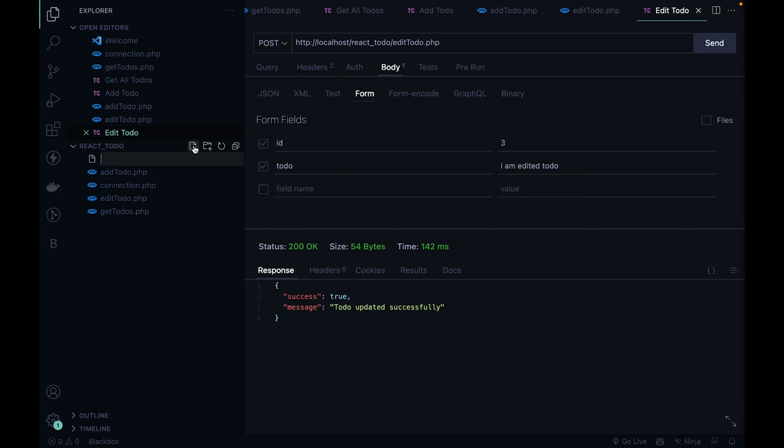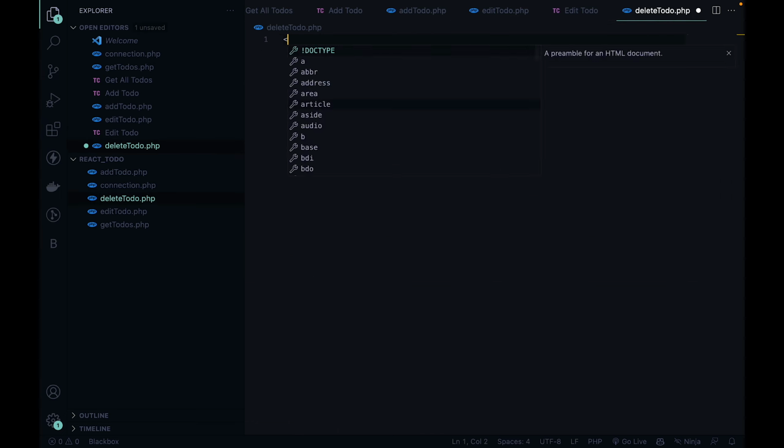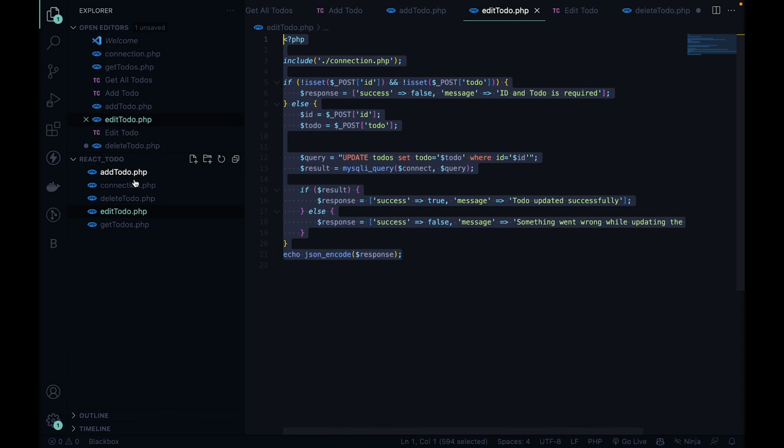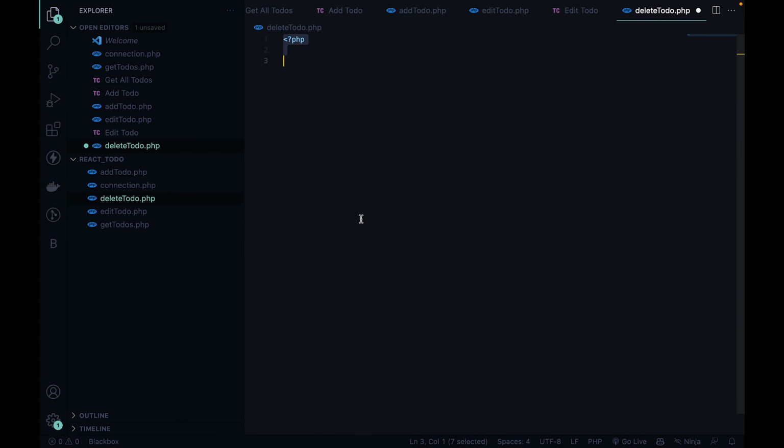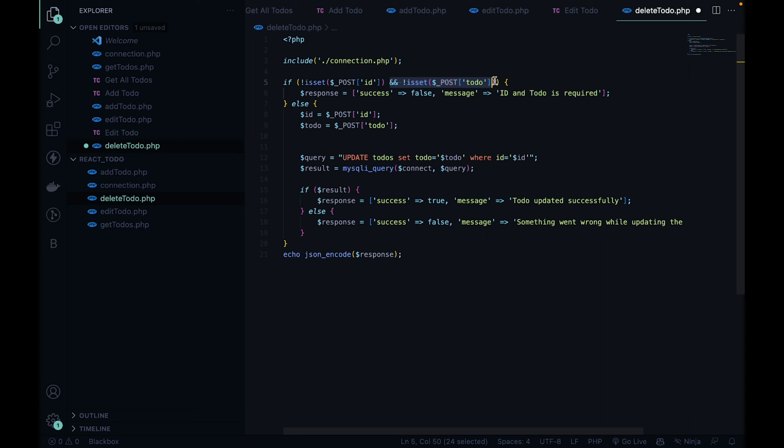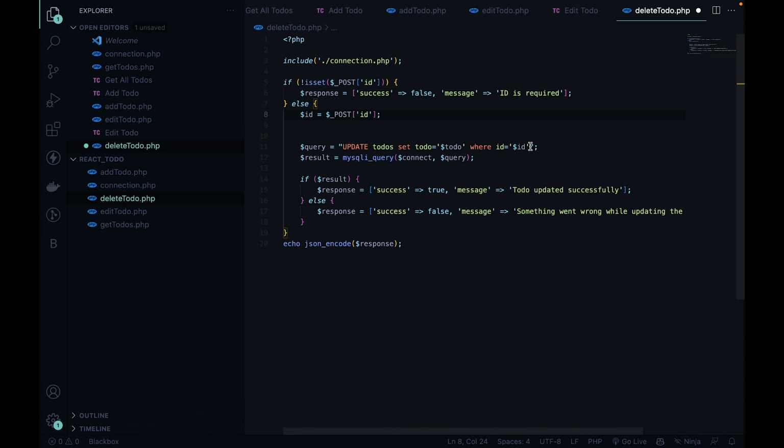And we'll go again in here, delete-to-do. So this will be our last API. For this, I'll have this PHP, I'll go to edit-to-do, I'll copy everything right now and delete-to-do. Command A, paste this. We don't need to-do because only the ID will be sufficient, so ID is required, and I'll only take the ID in here, delete from to-dos where ID is our $ID. So this is the query for deleting,